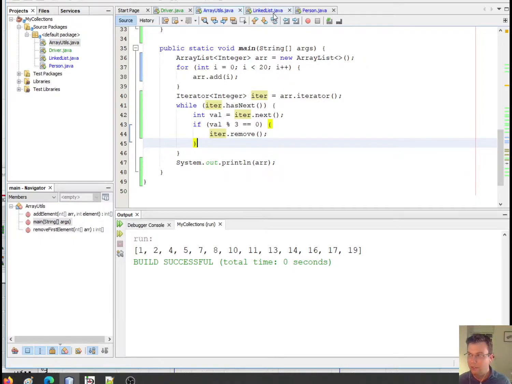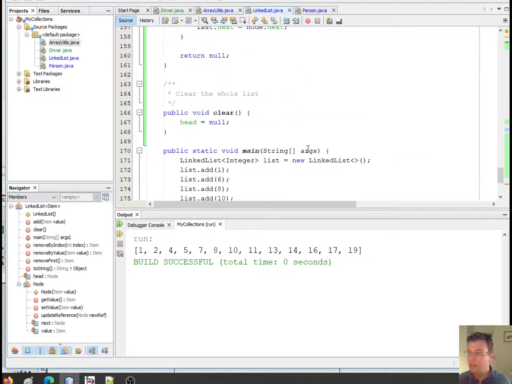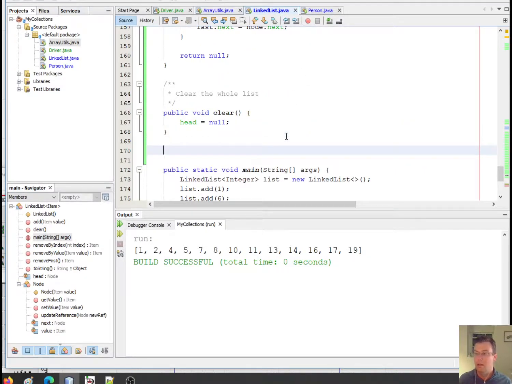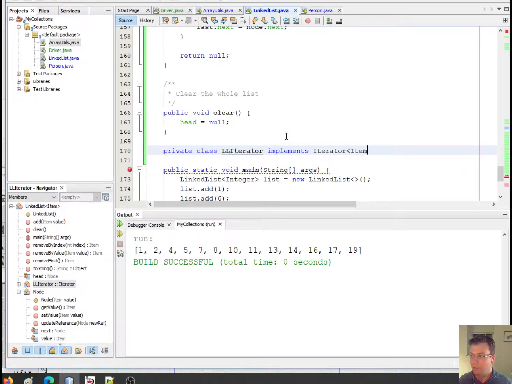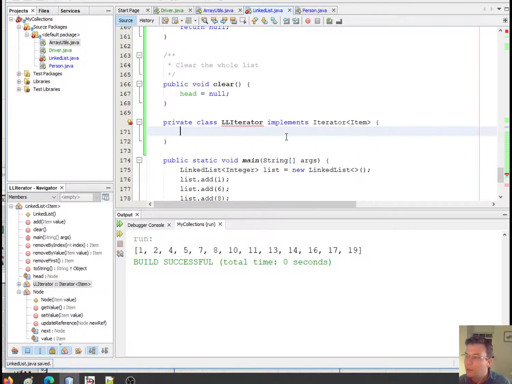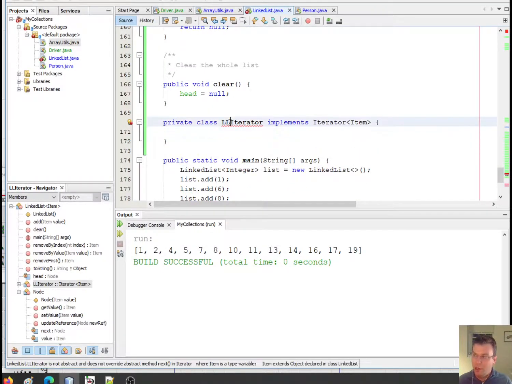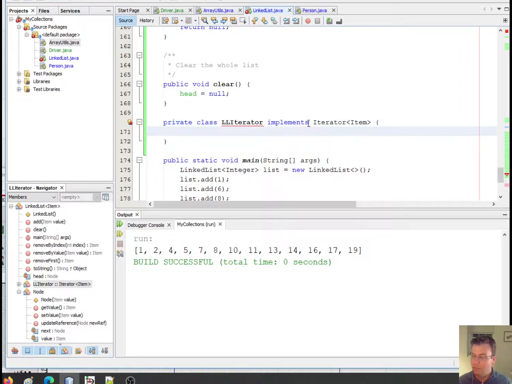So I'm going to go back to the linked list. I'm actually going to make my own iterator and tell the cursor how to move along. Okay, so what I need to do is make a class. So I'll say private class LLIterator implements Iterator of type Item. Okay, so I'm going to make my own iterator, and I'm going to define what next and hasNext do,